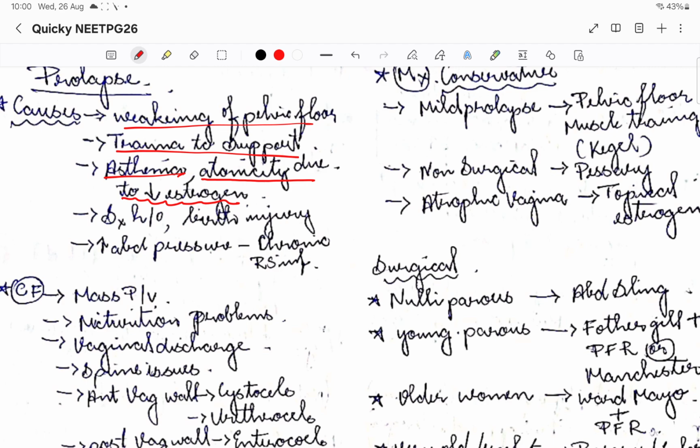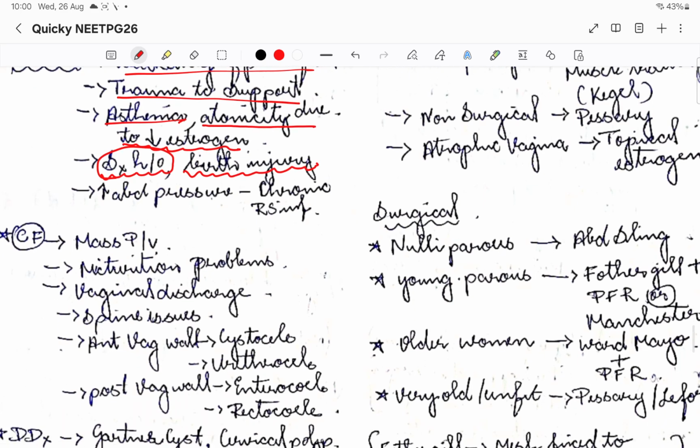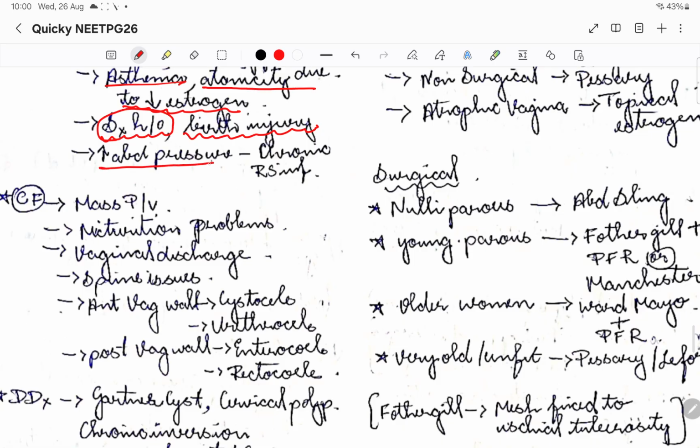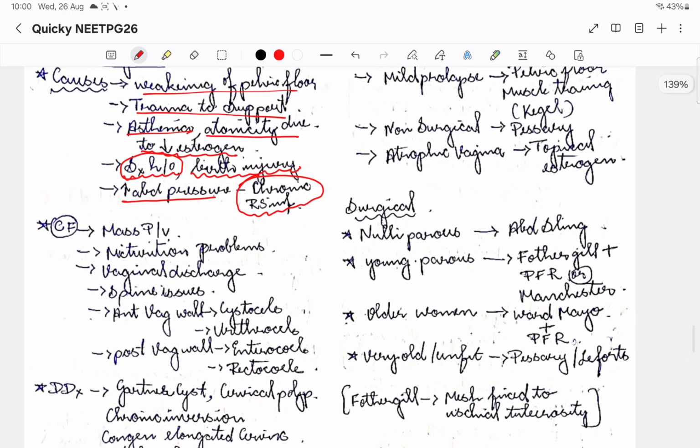Then the surgical approach: if a gynecological surgery has happened, that could contribute. Then coming to birth injury, episiotomy sutures that would have opened, and all these things would have caused prolapse. Increased abdominal pressure also leads to it, that is chronic respiratory infection. All this leads to pressure building, and the pelvic organs will be prolapsed. So these are the causes of